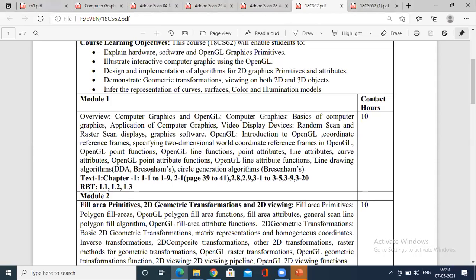We have a problem on Bresenham's, both on circle and